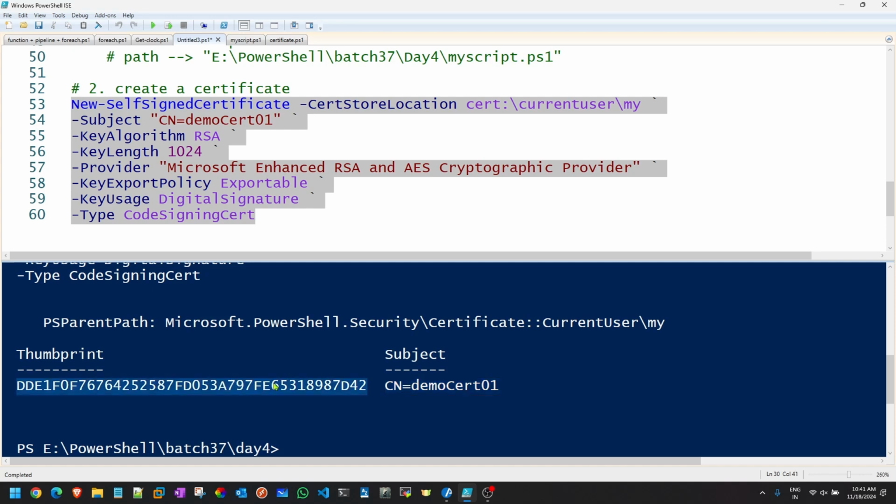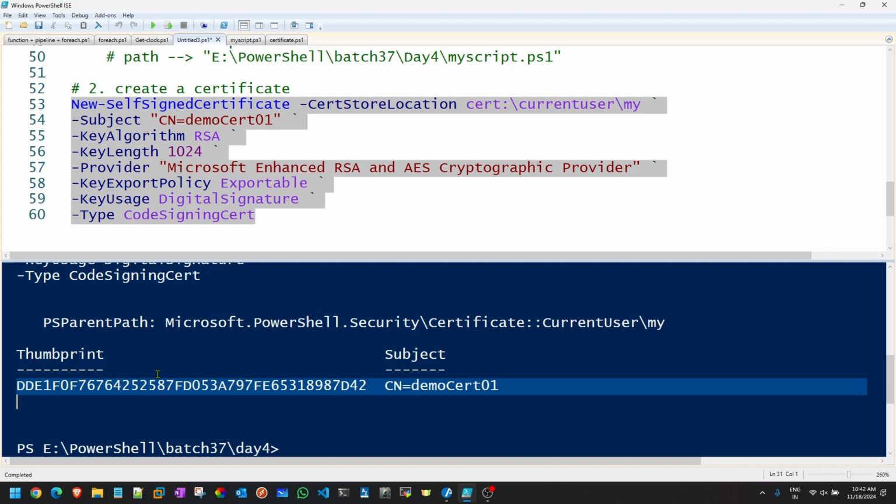You can see this is the thumbprint, starts with DDE1F. It is not mandatory that the certificate thumbprint will be the same for you also. It will be different. And on the same system, two certificates will never share one single thumbprint.